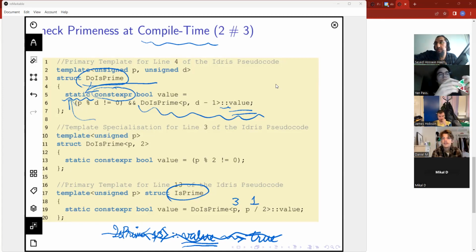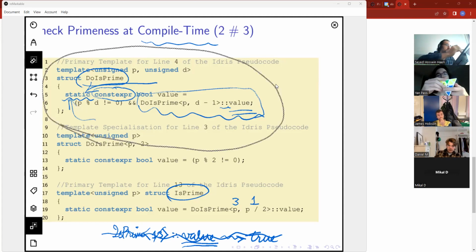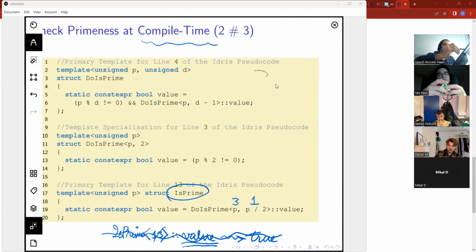So let's check. The phase 1 is done. It won't do phase 1 on this call because it's not making that call. It will do phase 1 to this, which will not notice any mistakes. Okay.